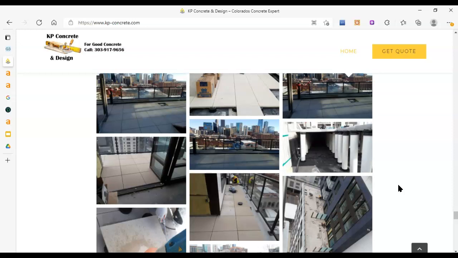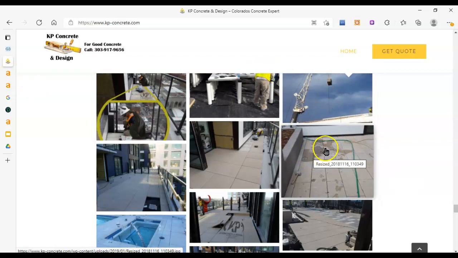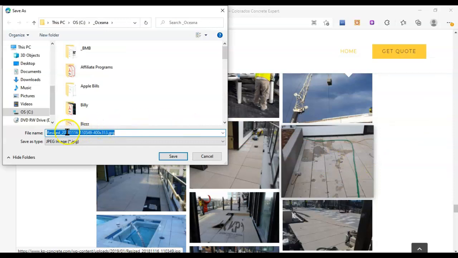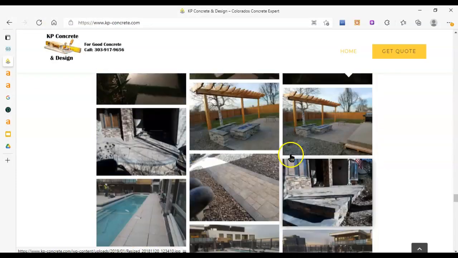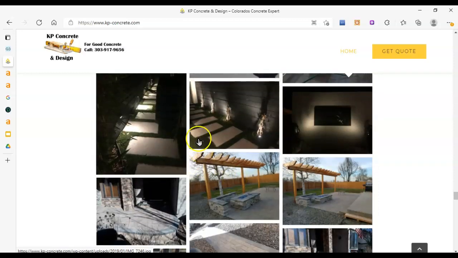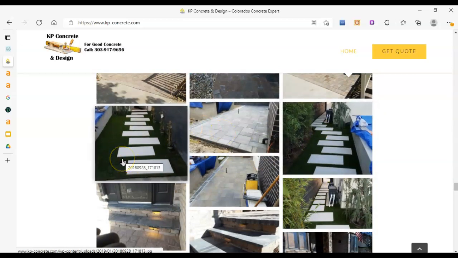And then also this last thing I want to cover on the homepage before I move on to keyword research, which is always fun. If I right click on an image, click Save Image As, there we go. This was saved as resized. So that's not really helping you. What you want to do is re-upload. Oh my gosh, there's so many pictures. You want to re-upload them, or at least as many as you can if you have time to do. And save them as key phrases that people are actually typing into Google each month when they're looking for your services in your service area. So I'll show you exactly how to find which